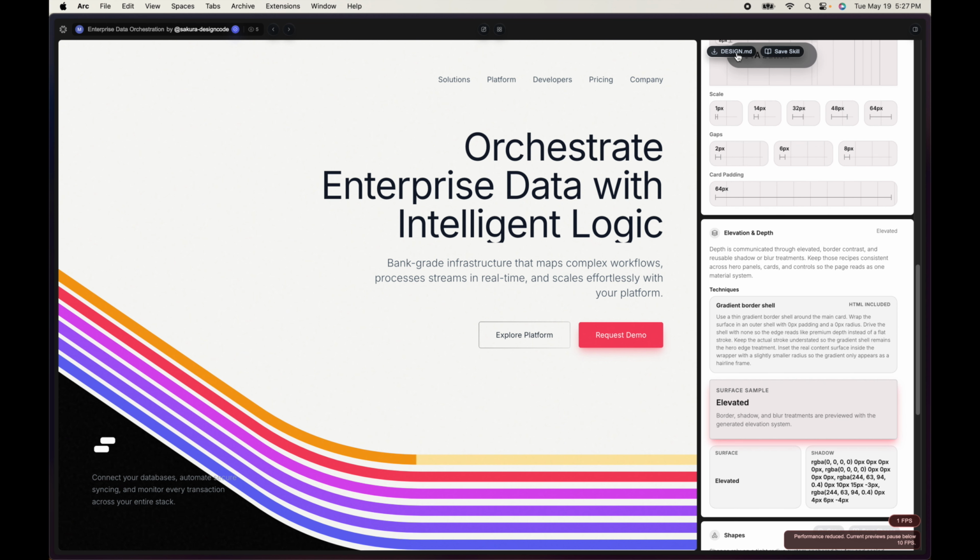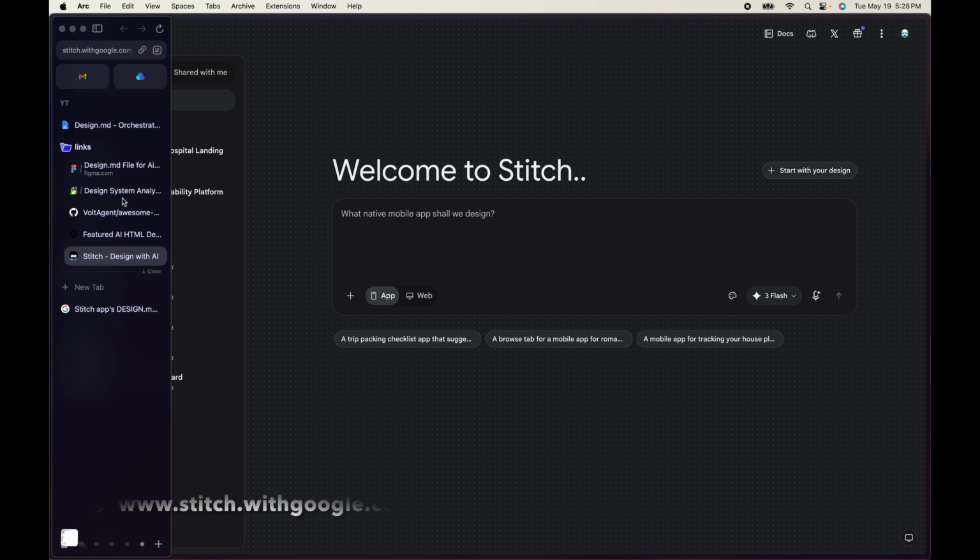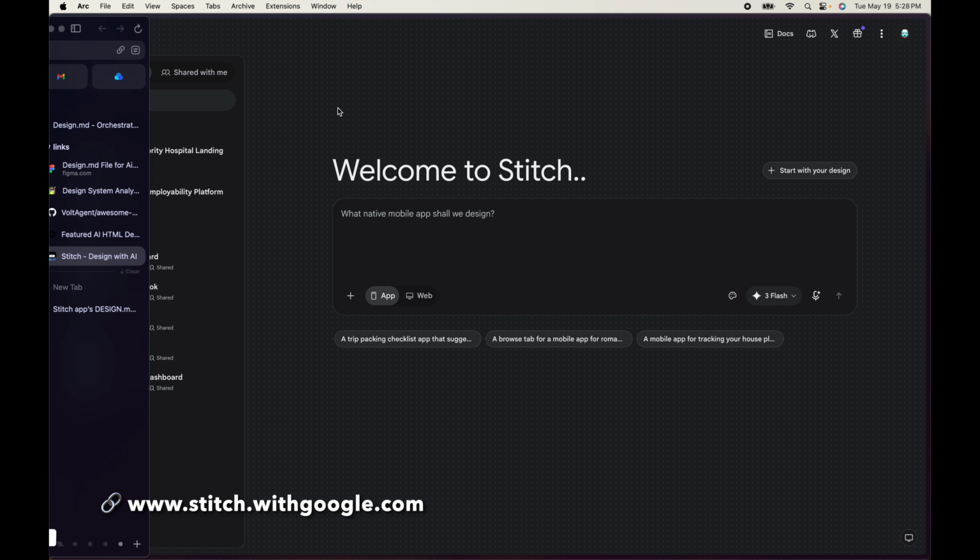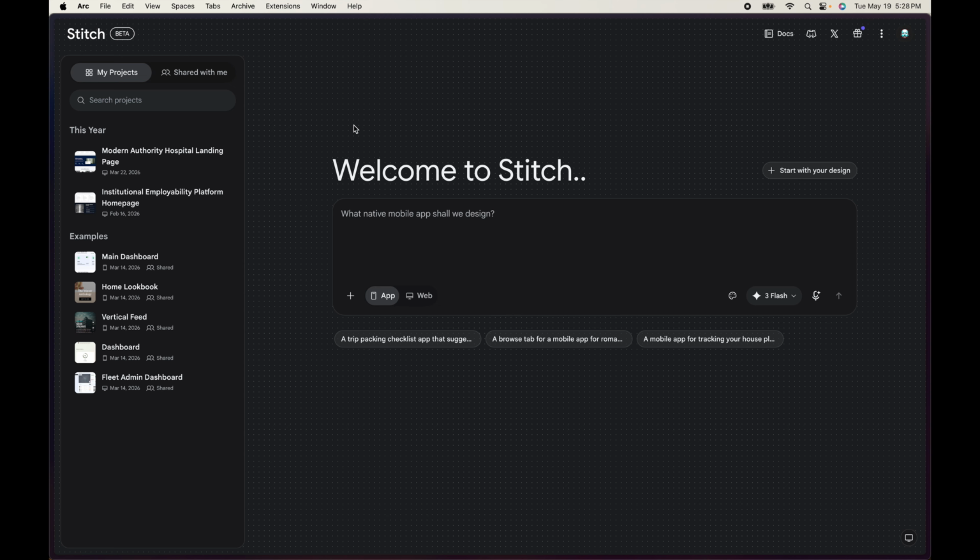And we can also get this particular Design.md file by clicking on this button, after which we'll get a downloaded version of the Design.md file inside of our local machine. And let's go ahead and visit Stitches, and inside Stitches, let's build our first generative UI design with the help of